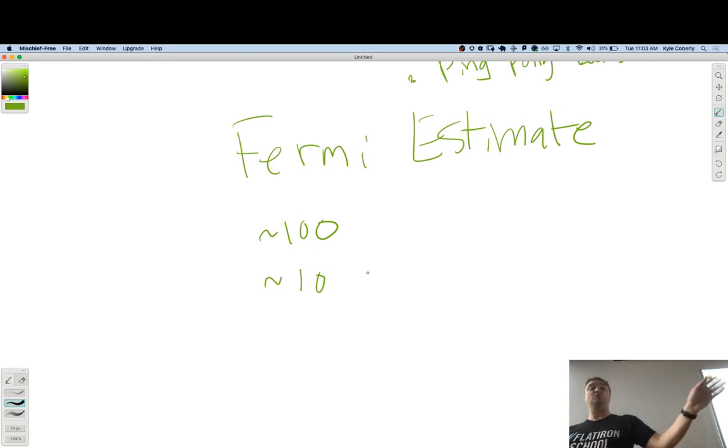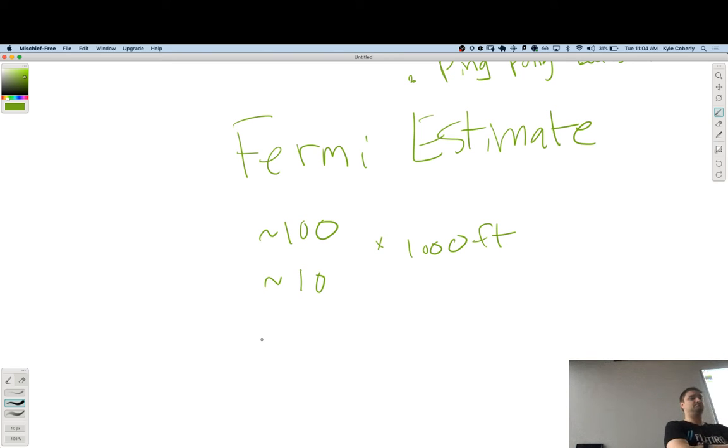So 14. This is part of it. Even though it's actually 102, even though that's actually 14, if we're in the ballpark, it works out just fine. So this ends up being about 1,000 feet. And then about how many quarters would be in a foot? It's almost an inch diameter.